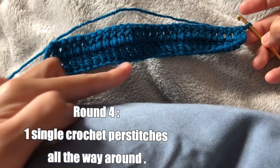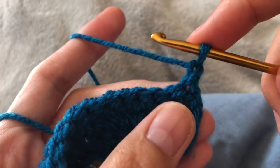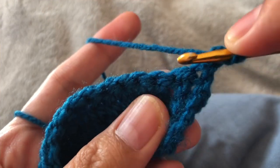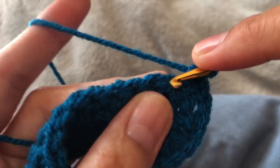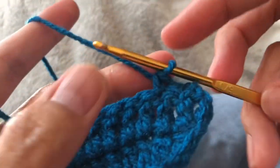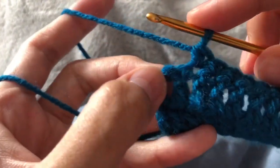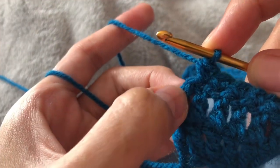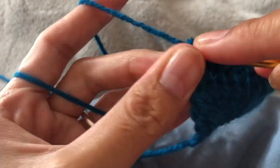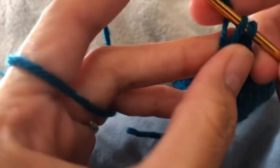until here, here, and also here. So skip the first stitch, and in the second stitch make a single crochet, and 1 single crochet per stitch all the way down. Here in the end, we're going to make 1 single crochet right here, and on the top of this double crochet, 1, 2, 3, we're going to insert our hook right there. On the top of the double crochet, make a single crochet,